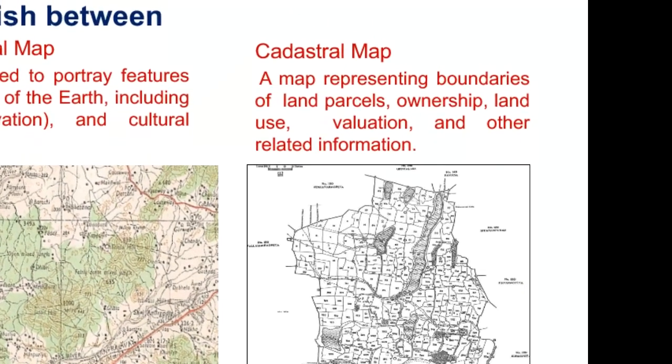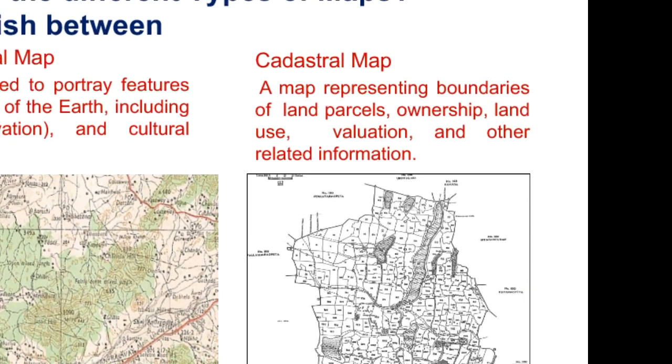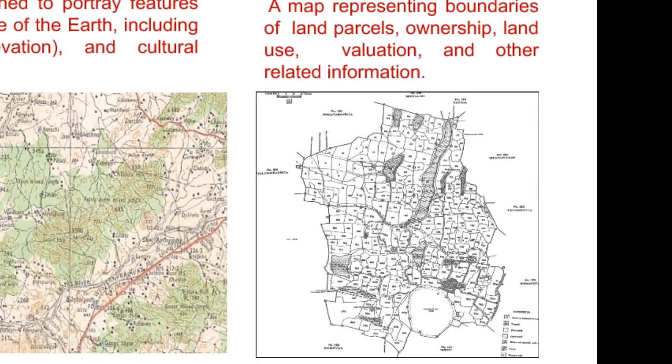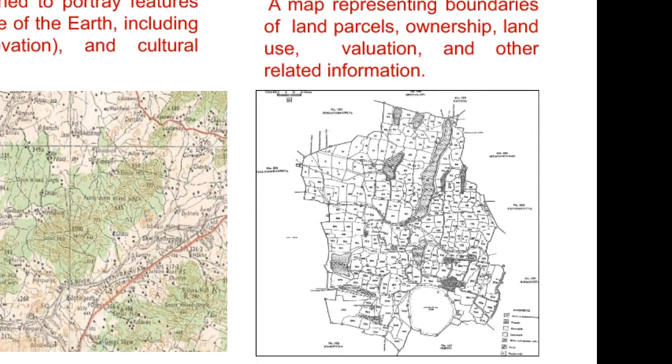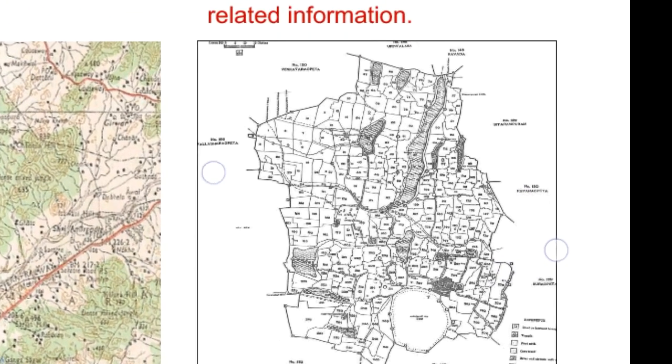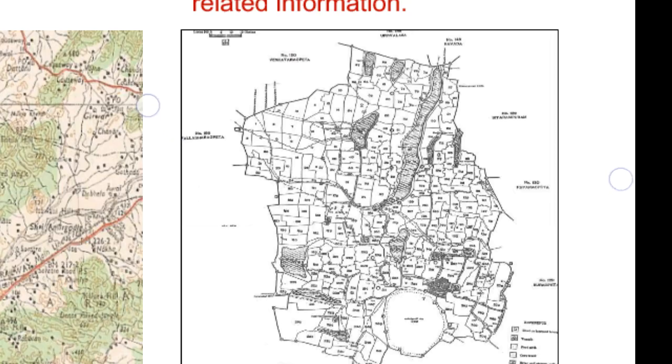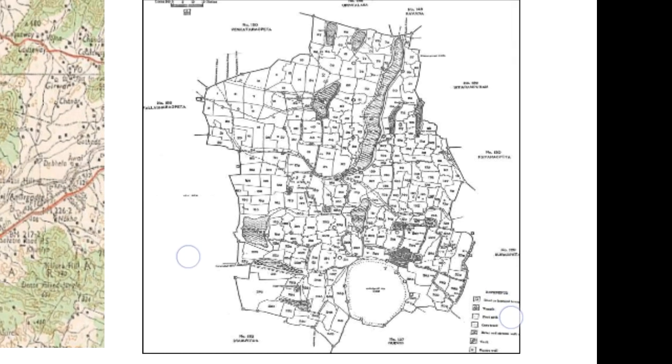So with this we come to the cadastral map. Cadastral maps are the maps which are showing the total area, and along with the area, what are they showing? They are showing the ownership. You can see small boxes are being shown in this particular map in front of you, in the figure that you are seeing.